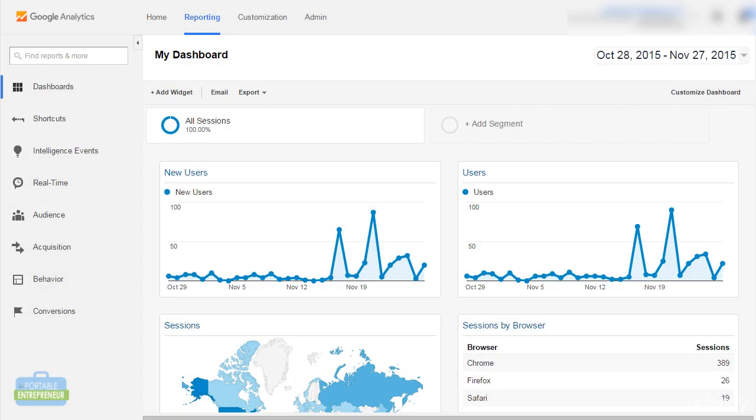You can expect your traffic to fluctuate a bit after a redesign. It happens to everyone, so do not panic. What you need to do is just monitor to make sure that everything is happening as it's supposed to. Like I said, you're going to see some fluctuations, but we just want to make sure that there is nothing